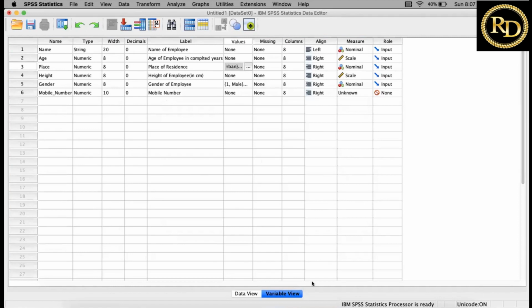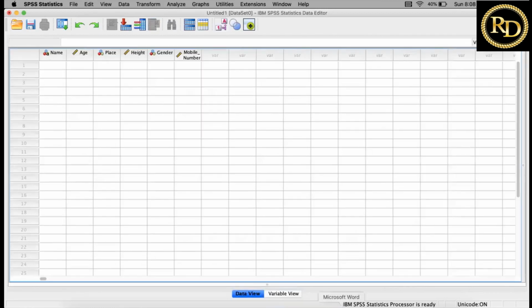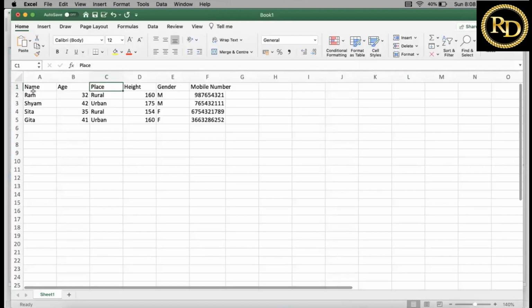So this is the variable view, in which you set the variable's type, whether it is numeric or string, how much width it will take, the label describing what this variable actually is, and the values, if there are categorical values, which are notated in the form of numbers. And then, very important, the measurement level of these variables. So when we go to the data view, simply what I will do is